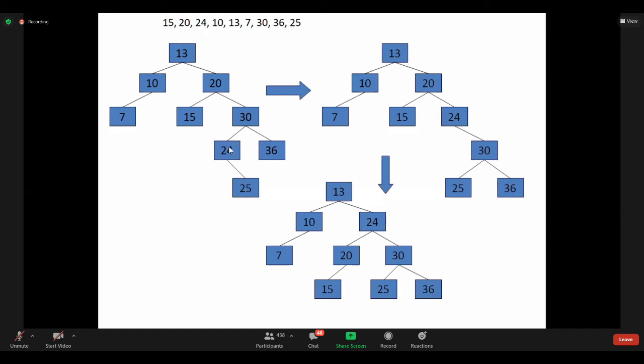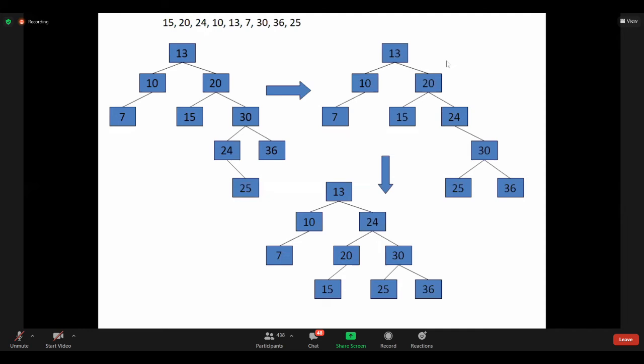Why should 20, 30, 24 be considered, not 20, 30, 36? Anybody answer me. Imbalancing at 20, I agree. But if it is imbalancing at 20, can I consider 20, 30, 36 or should I consider 20, 30, 24?